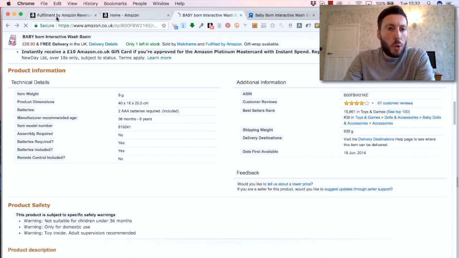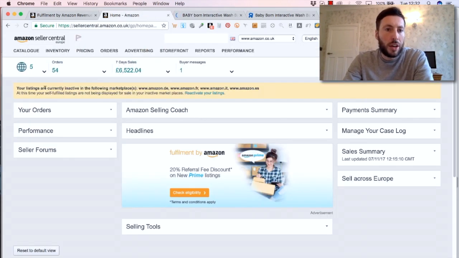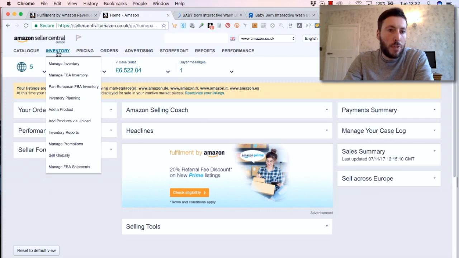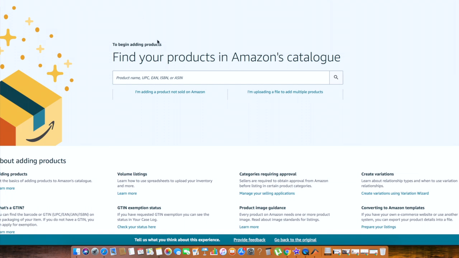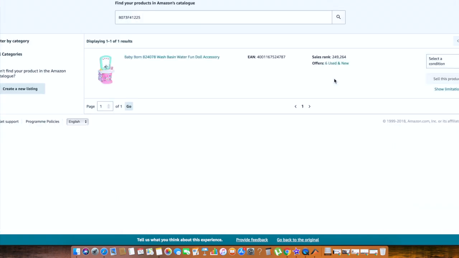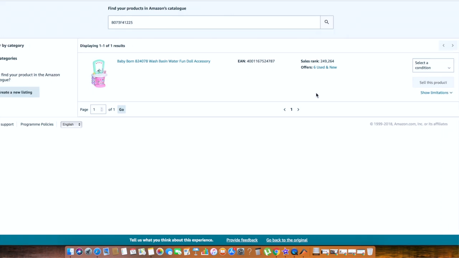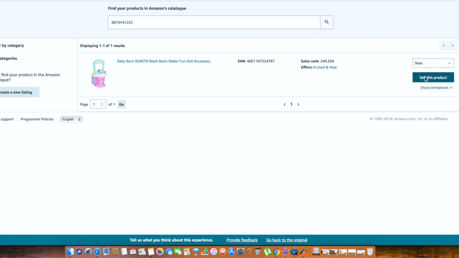Then what we're going to do is head over to your seller account, and we are going to hover over inventory here and then add a product. Click on that, and you'll be taken to this screen here, and what you'll do is paste in your ASIN number here and click search, and it will load up the products that we're going to add into our inventory. Once you've checked that that is the correct product, and it looks the exact product that we're purchasing from the online retailer, we would click on sell yours,